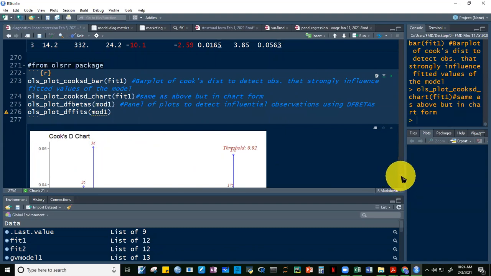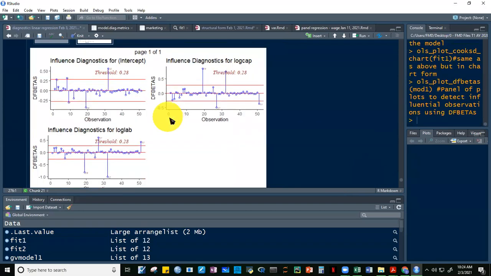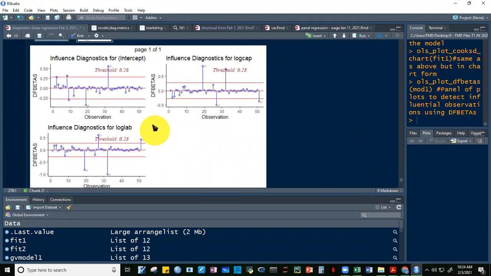Okay, aside from Cook's distance, guys, meron pang iba, no? Meron pang ibang ginagamit yung DF beta at saka DF fit. I just want to show this to you guys, no? Okay? So kunyari dito sa makikita natin, ano number to? 27, 51, 27, 52, 52. So here we can see the influential points, no? Influential diagnostics for the intercept, influential diagnostics for